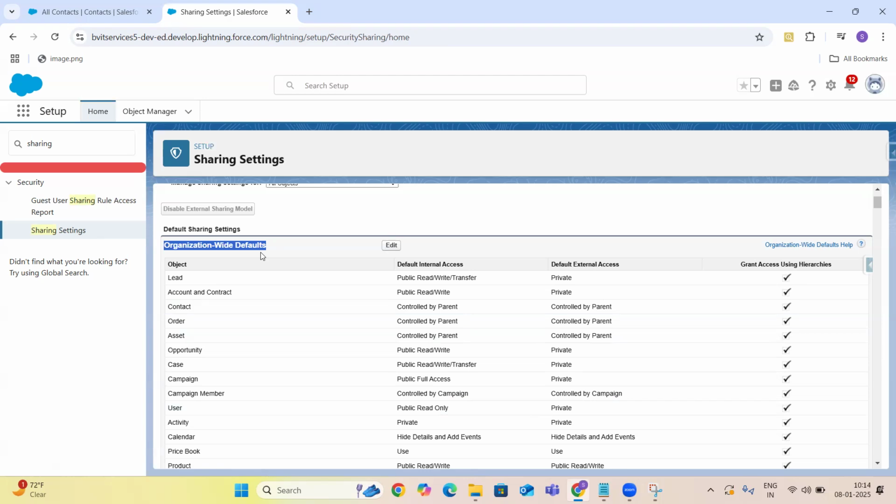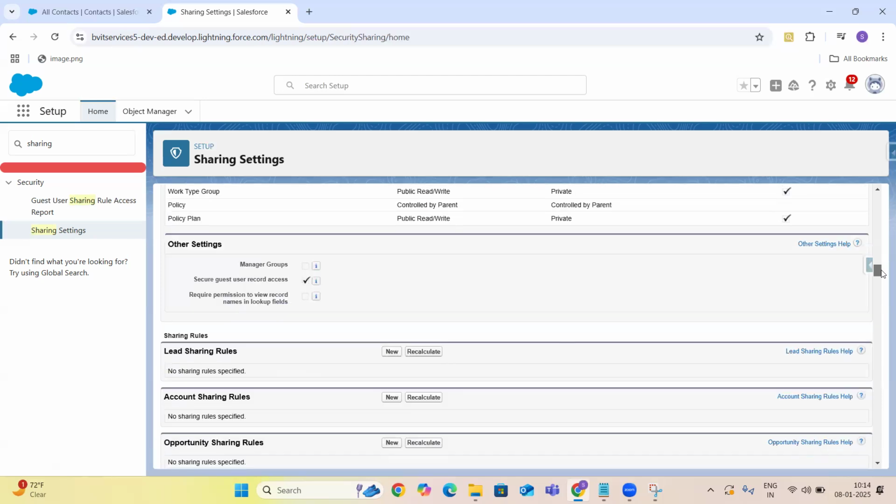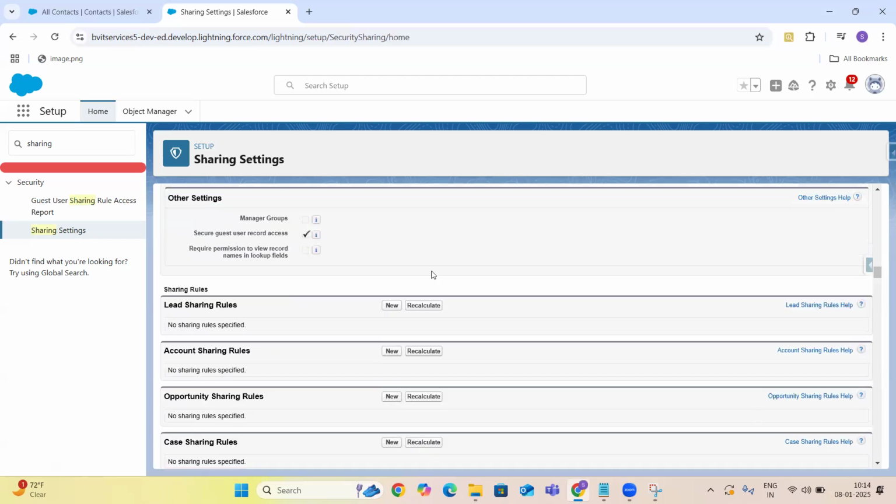So default sharing settings, by default for an object, is whatever value you selected in the org-wide default. Okay, it's simply the default sharing settings that we can configure in the org-wide defaults, and then there is another option: individual sharing rules. For each and every object you can write sharing rules, guys.